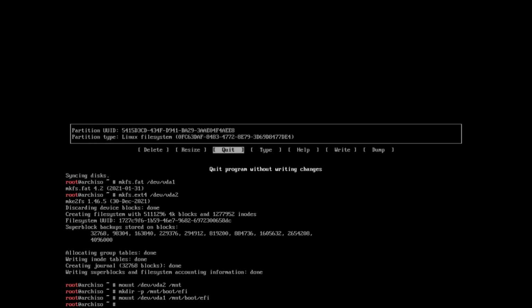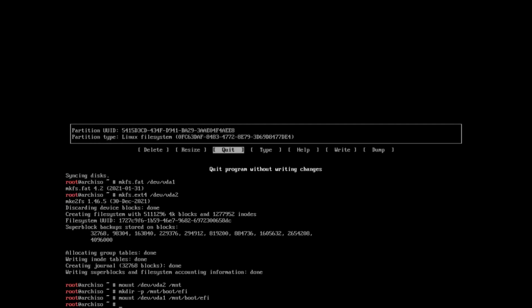to /mnt/boot/EFI. And by the way, if you're doing this in a legacy environment, you can obviously skip formatting the EFI system partition and mounting it, since in that case you won't have an EFI system partition. But anyway, now that we've actually got our target drive mounted, the very first thing I'm going to do is